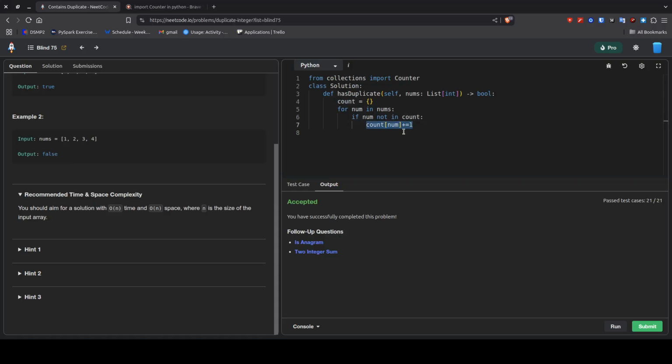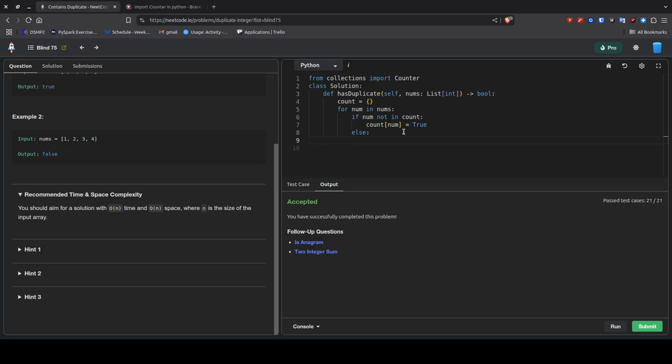So this way we will get if this is seen. Actually, we'll just make it true, so this will account as the value is seen, the value is already present in the dictionary, and else